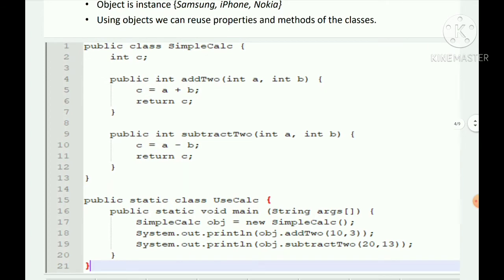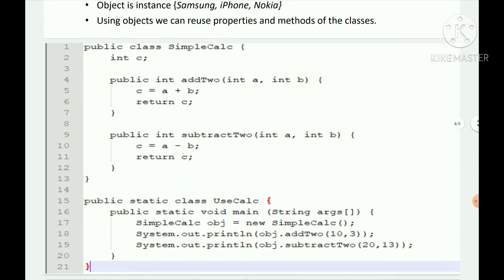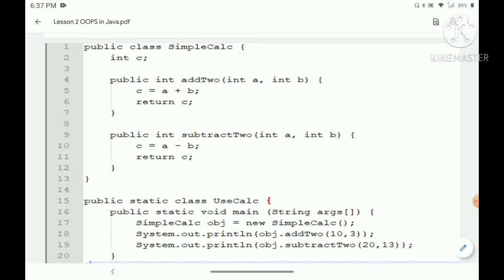So what is an object? In line number 15 you see that I'm creating another class. In the upcoming videos I will explain what a static class and a normal class are. The class name is UseCalc and it has a public static void main function.